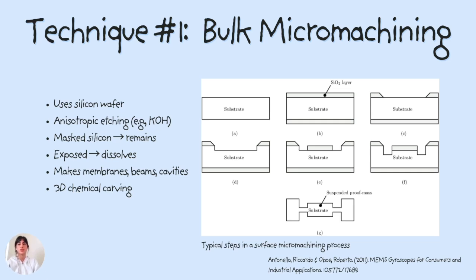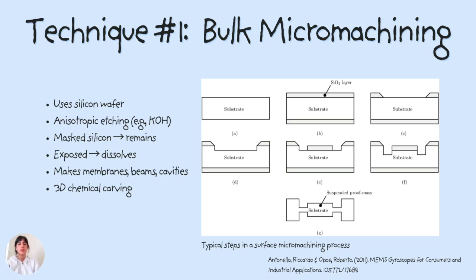Silicon is a single crystal, meaning its atoms sit in an orderly 3D arrangement, and crystal materials have a strange property. Different crystal directions dissolve at different speeds. This is called anisotropic etching. Take potassium hydroxide as an example. It will dissolve some silicon planes quickly and barely touch other planes. So if you place a patterned silicon wafer into potassium hydroxide, the etchant naturally will form slopes and cavities at